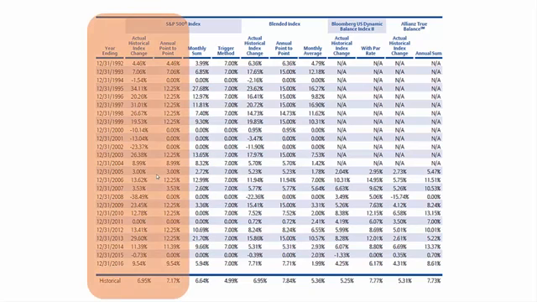So this is an S&P index. That middle column, actual historical index change, that is the change in the S&P index for those years listed. The column on the right, annual point to point, that means how much did the policy gain subject to the cap. Now you can see here, if you look at 1995, the S&P was up 34%. This policy was only up 12.25%. Why is that? Well, you know why it is. Because there's a cap. And obviously in this case, the cap is 12.25%.